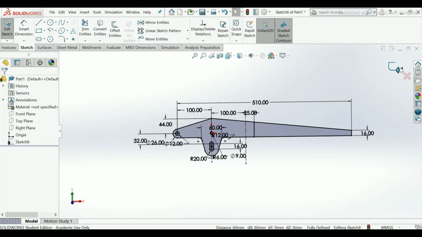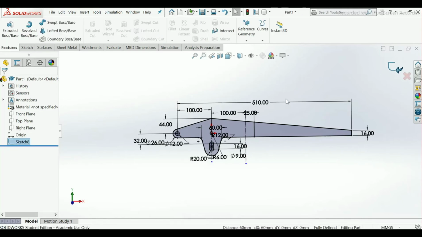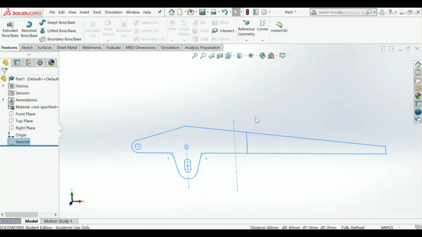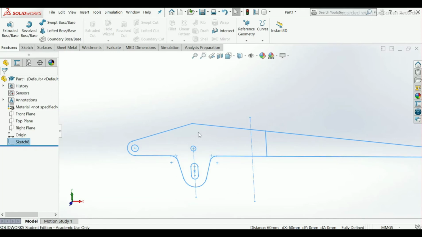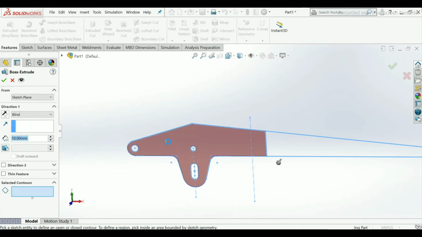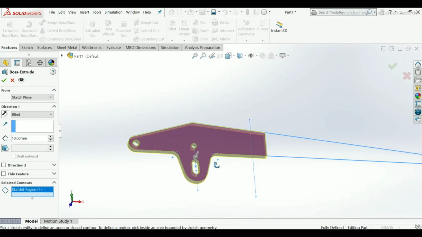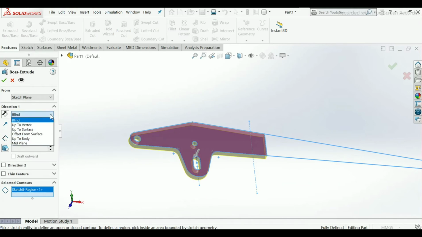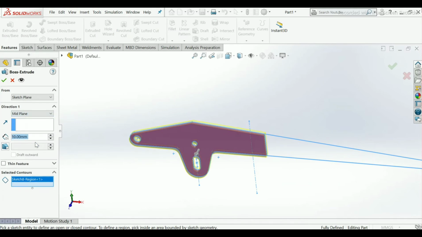Now exit it. Now go to extrude boss from features, select this part, end condition will be mid plane, make 12 mm.